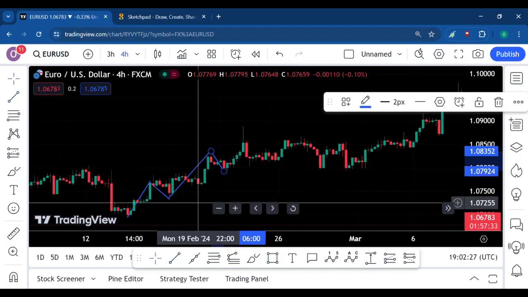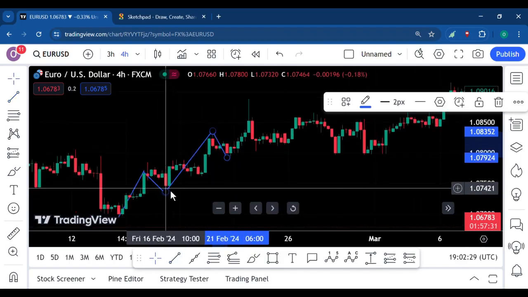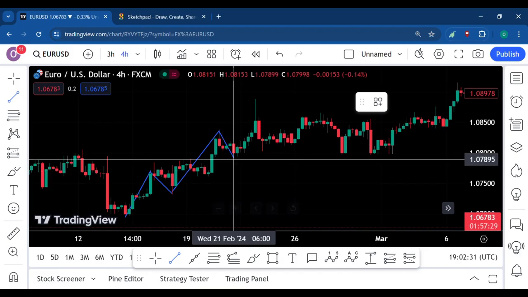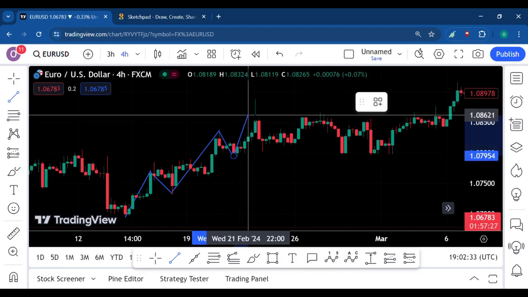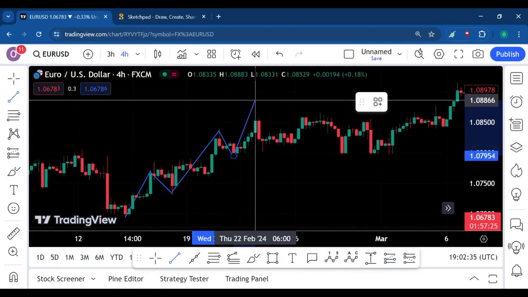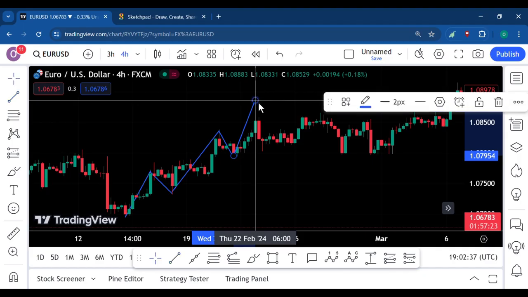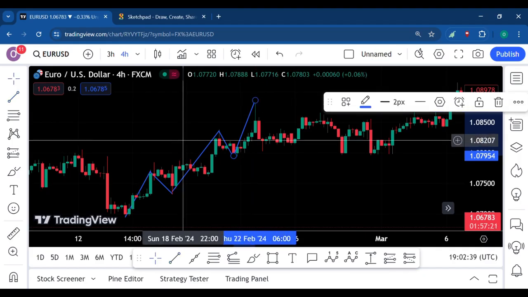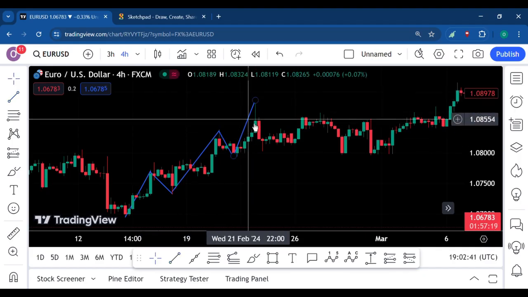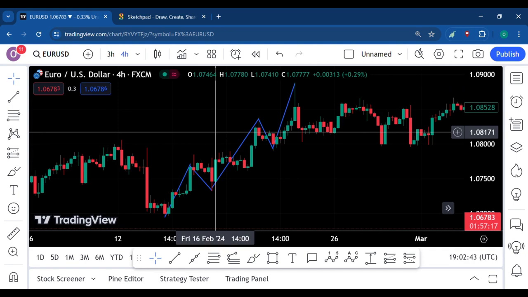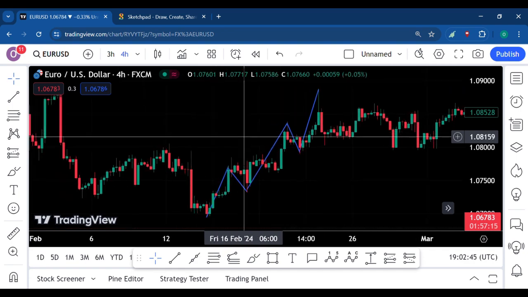Let me zoom it properly so anybody can see it clearly. This is low high. Let me stop at this point. I don't want it to be too complex. From the look of this chart now,